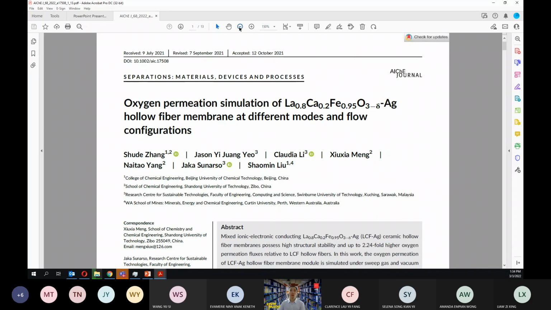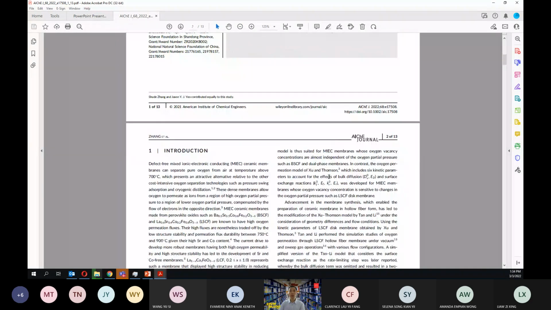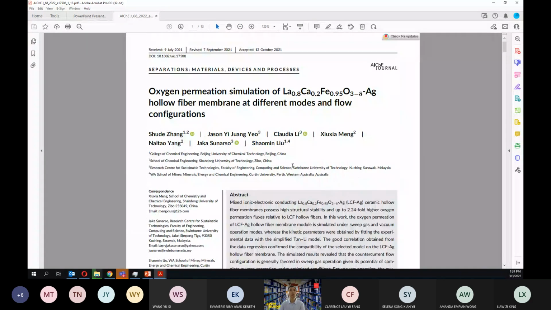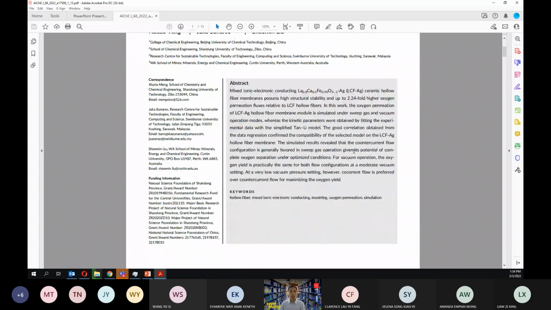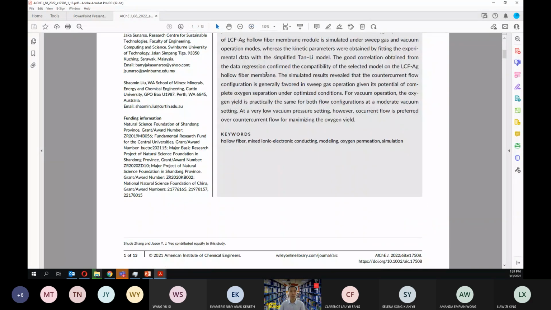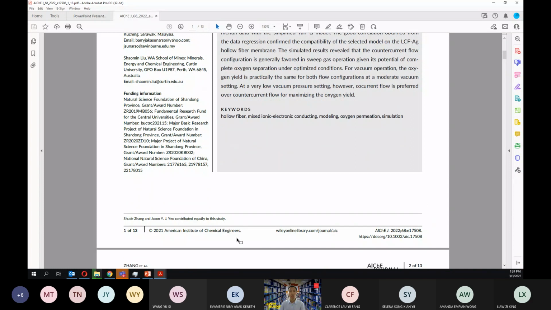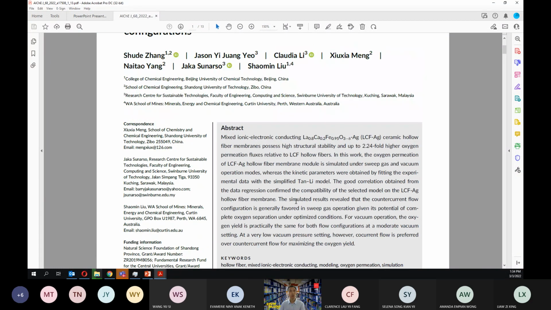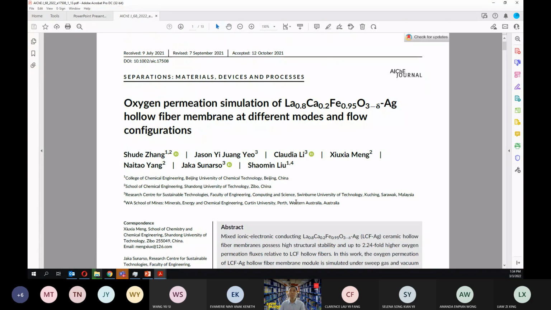Okay, so now I will go a little bit into my research. This is published in the AIChE Journal. AIChE is the American Institute of Chemical Engineers, so this journal is quite a prestigious journal for chemical engineers. Normally the big professors in chemical engineering, people like Luyben, or people like McCabe and Thiele, publish in the journals affiliated with the American Institute of Chemical Engineers.